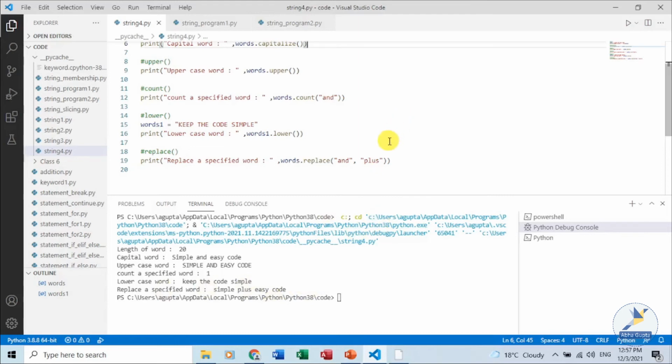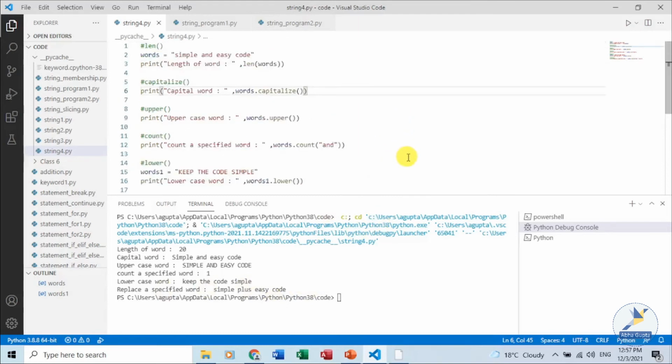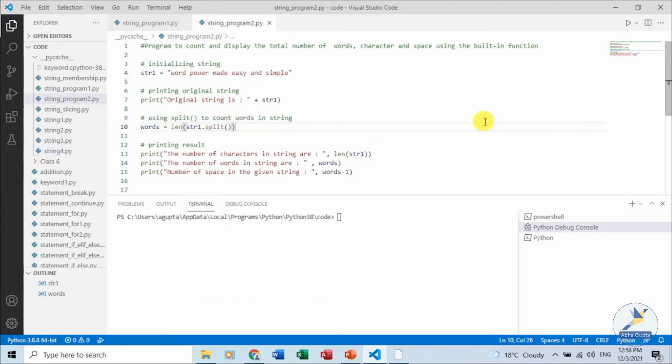We have n number of functions, like is upper, is lower, and the split function, which allows you to break a string into a list of substrings based on the separator character. Using all the functions and methods which we have discussed that can be used for strings, we have a program in place which will count and display the total number of words, characters and spaces using the built-in functions.